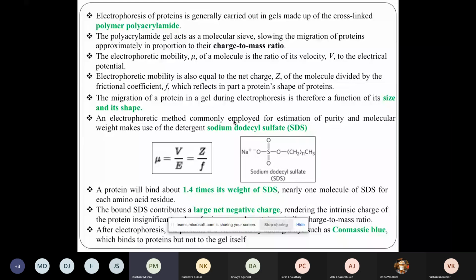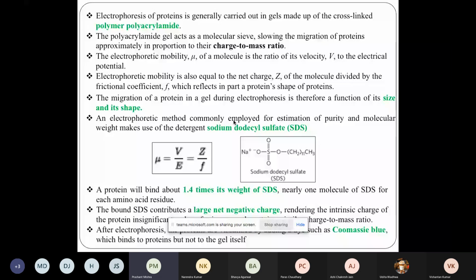The electrophoretic method commonly employed for the estimation of purity and molecular weight makes use of a detergent. Why do we use a detergent? The reason is that different proteins will have different charges. If they have different charges, they should move based on their charge. But what has been done here is that